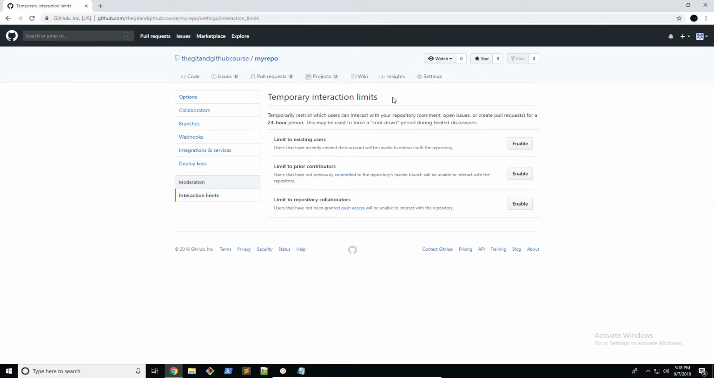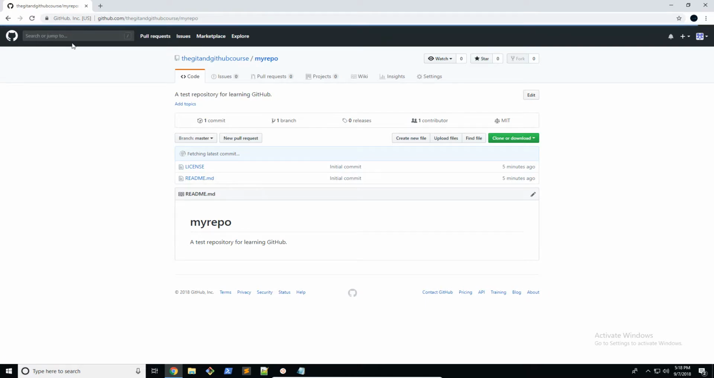Then we have interaction limits. This is just changing the sort of access that users and contributors can have. You can enable these if you want. I'm just going to leave them all off. And that's pretty much it. We have gone through all of the different things in our repository. We have a few things here, but like I said, we're going to leave a lot of these interactive features for interacting with other repositories. So we're going to leave it for that and just go through, interact with your repository,